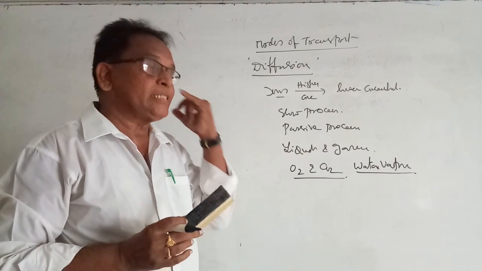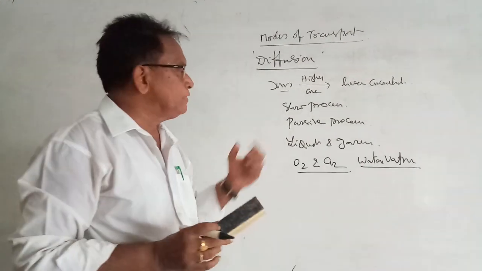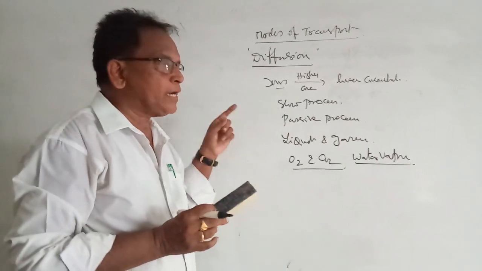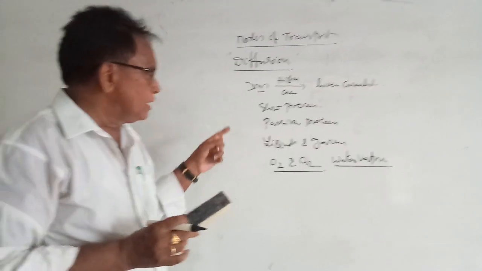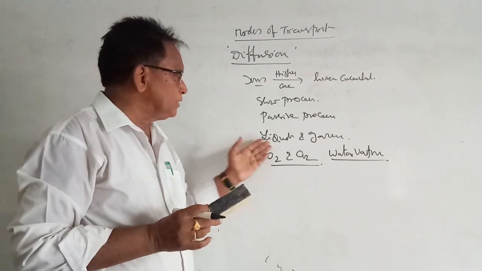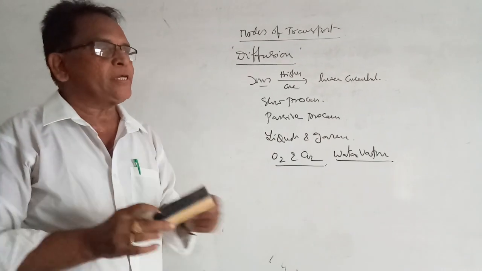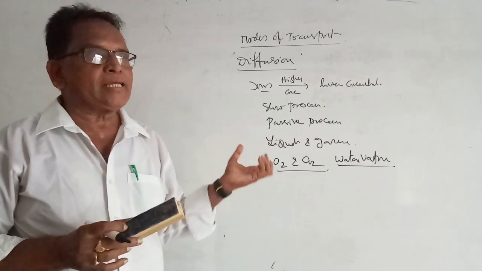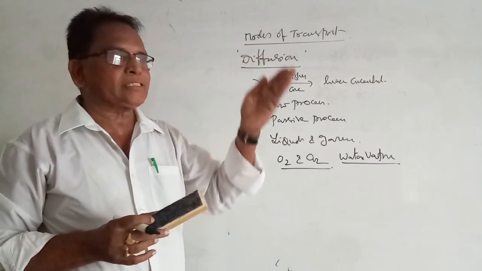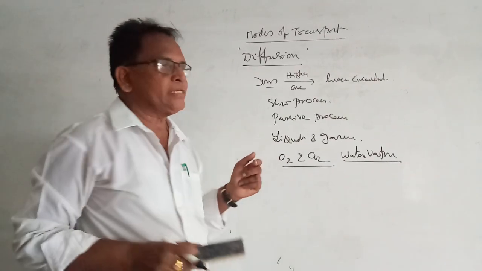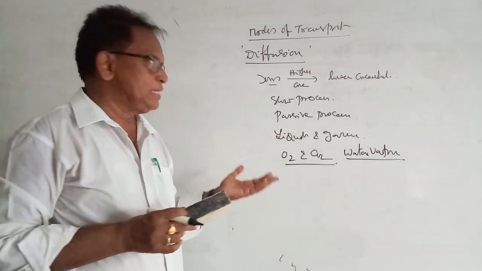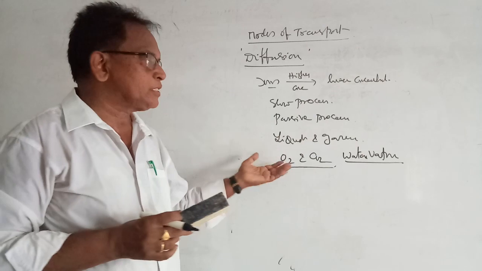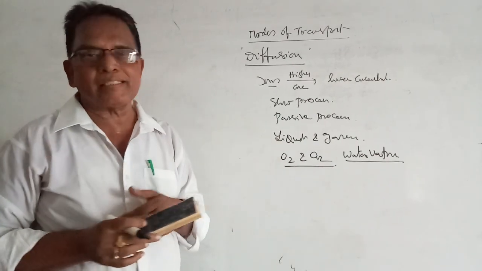So diffusion is a very simple process and it is a very slow process. There is no need of any metabolic energy for this process. So it is a passive process and it is normally observed in the movement of liquids and gases in the plant body. For this gaseous exchange, as you know, plants require carbon dioxide for photosynthesis. So carbon dioxide from the atmosphere enters into the plant body by means of this diffusion. Similarly, oxygen that is produced during this process is also sent out by means of this process, that we call gaseous exchange.